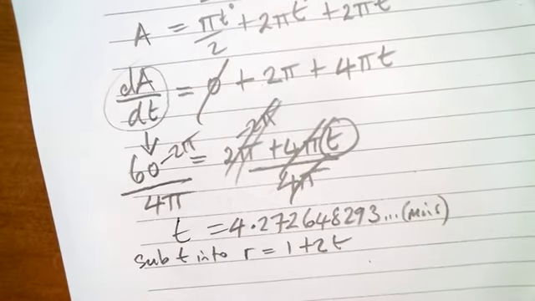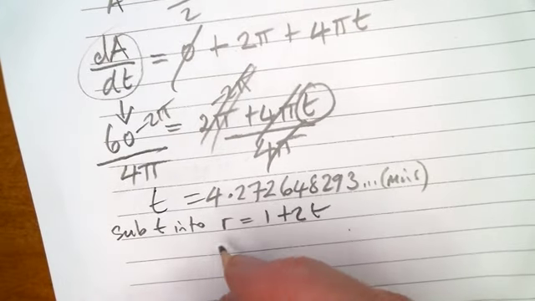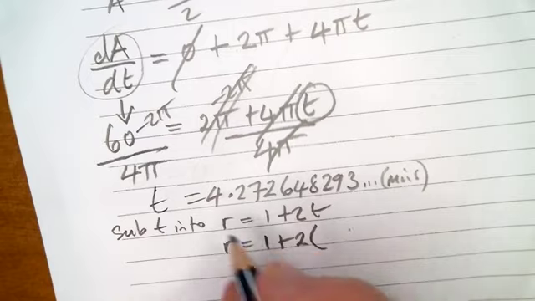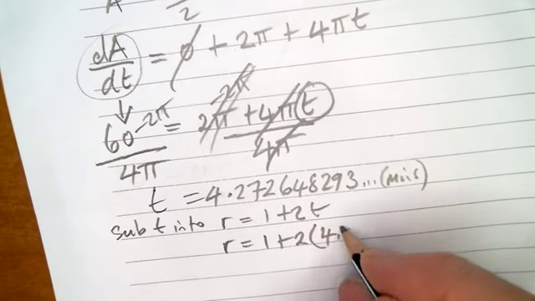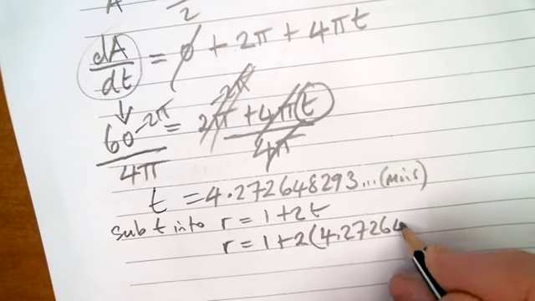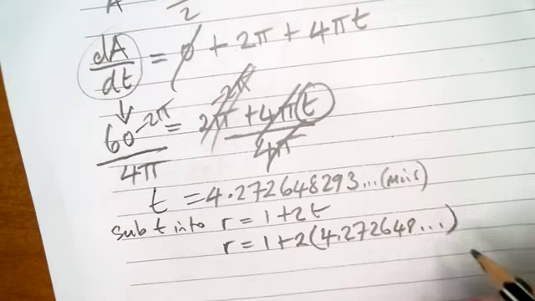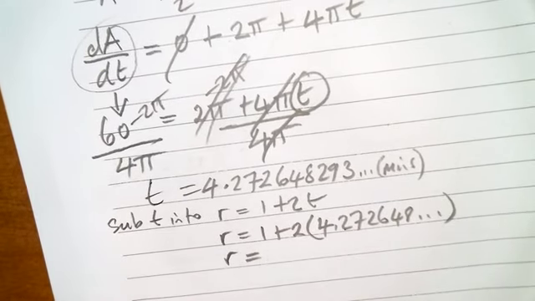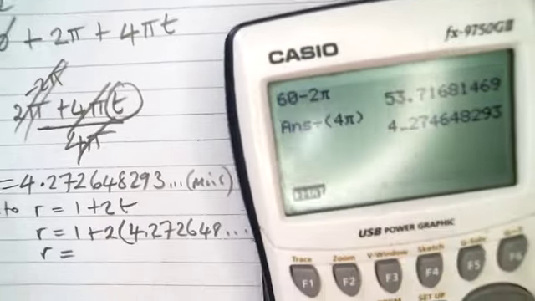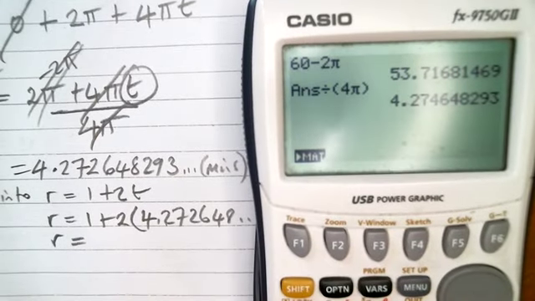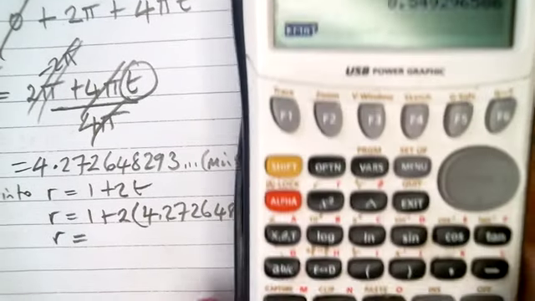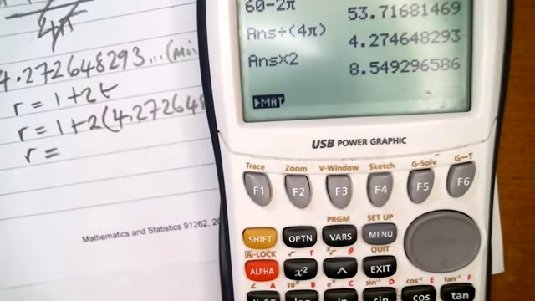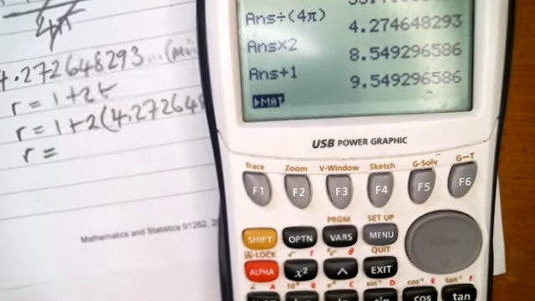So r, therefore, is going to equal 1 plus 2 times this thing here, which is 4.272648... And I've kept the number on the screen here, so I'm just going to go 2 times that. Be nice if it was in focus, right? There, you got that. 2 times that plus 1 is, and we get